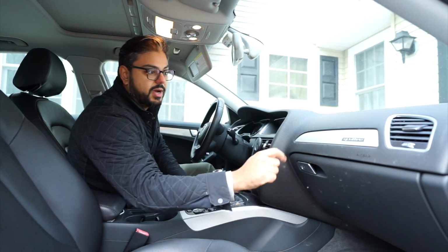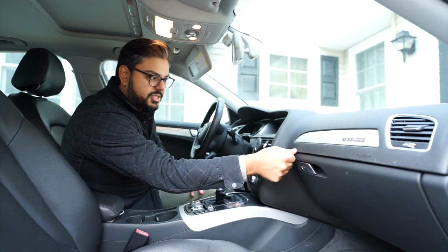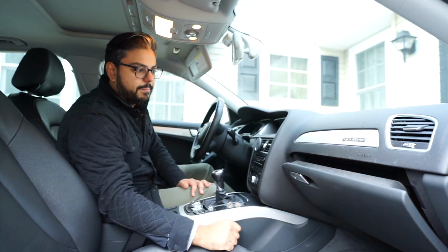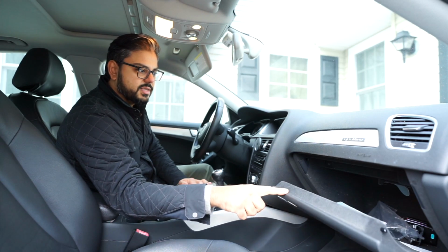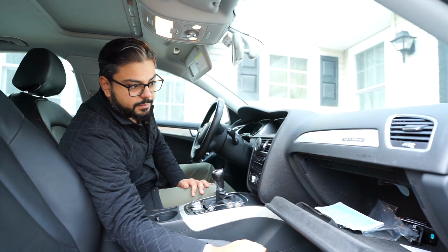This is dirty, don't mind my dirtiness. Look at all that dust. But the dash is still soft. This is still very soft. And the glove box has soft opening. Look, it even resists me. It has a little